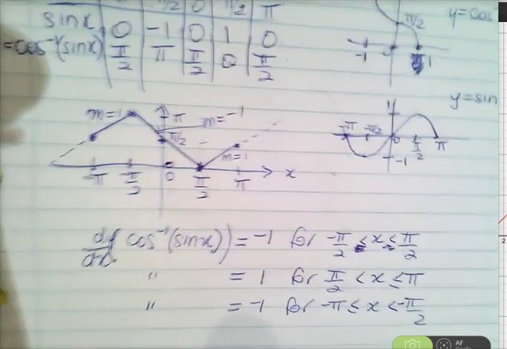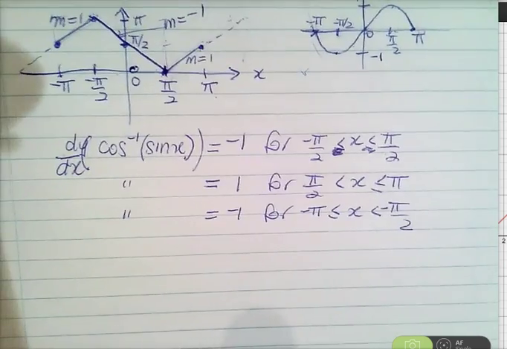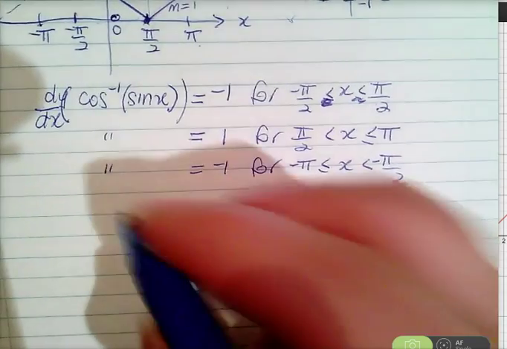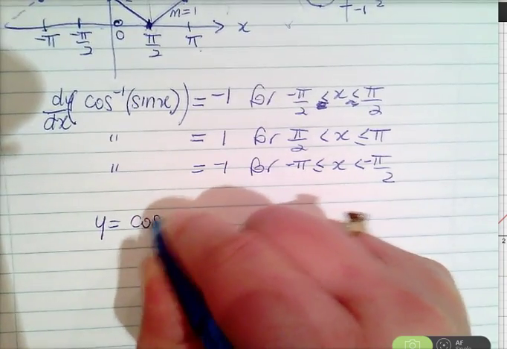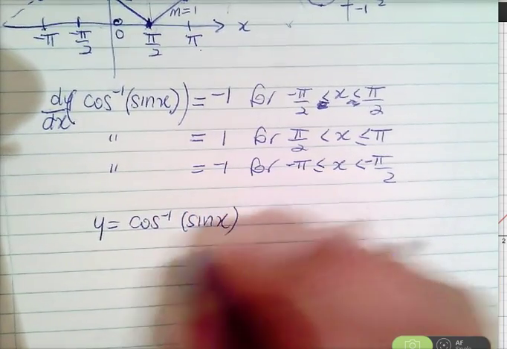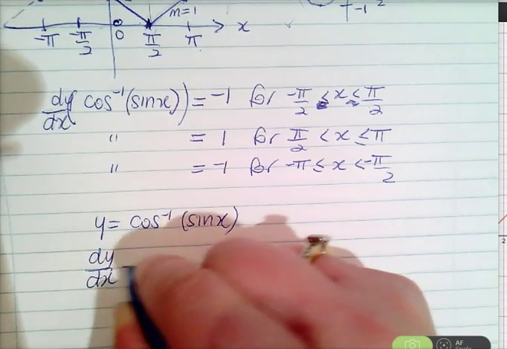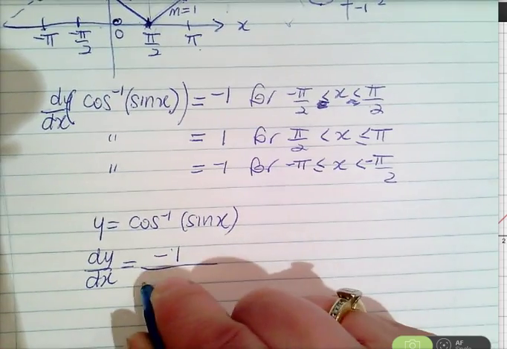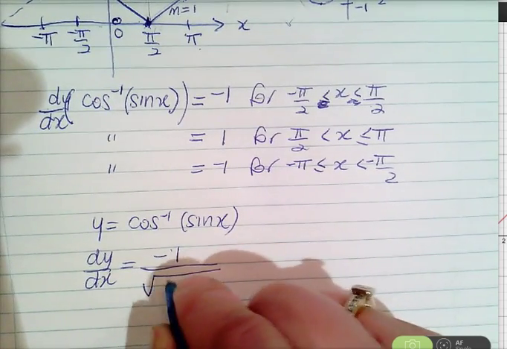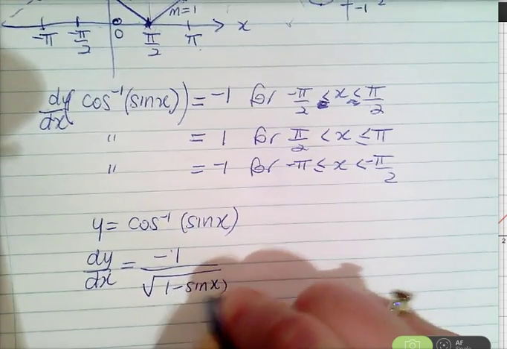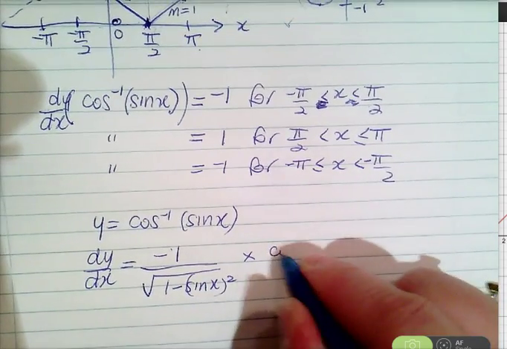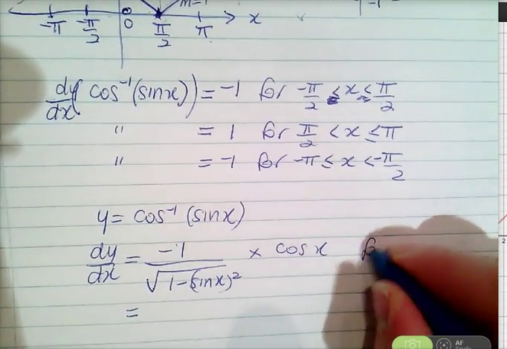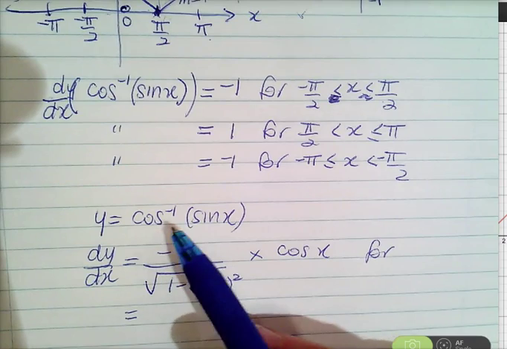Okay, now, I know that some of you would have just done the derivative. I'll just show you another way. Some of you would have just done the derivative like this. If y equals the inverse cos of sine of x, then dy/dx, using the rule, is -1 over the square root of 1 minus sine of x squared, times the derivative of sine x, which is cos x. But see, this will only give you the derivative for the values of